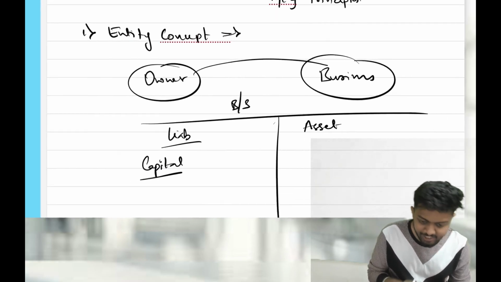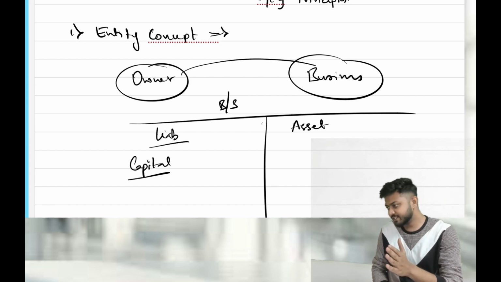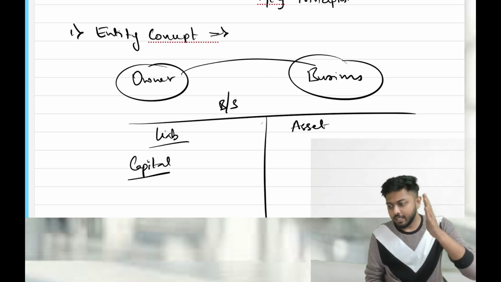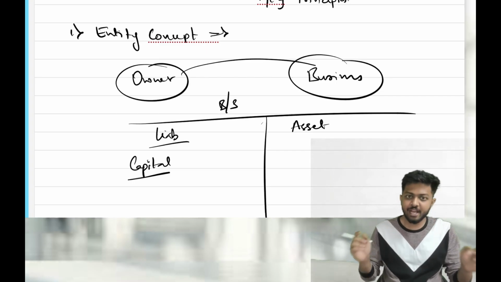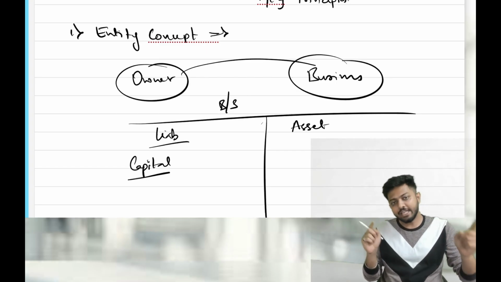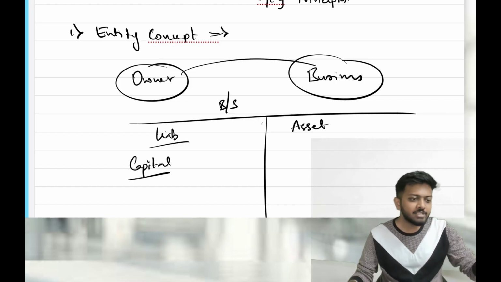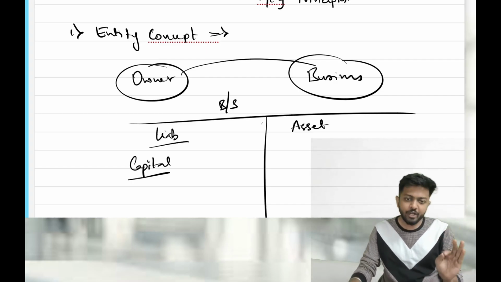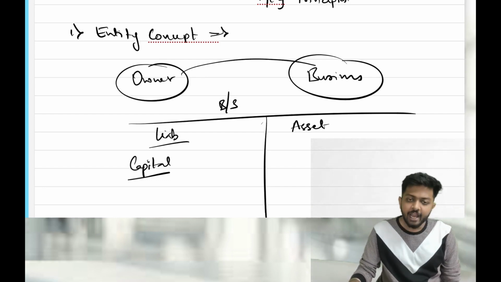So yeah, first concept that we had read is entity concept. What is entity concept? Entity concept means, for the purpose of accounting, we treat the entity and the owner as two different people. That means even if there is any transaction happening between entity and the owner, that also will be recorded in the books of accounts. Generally, when you see sole proprietorship, all of us think that business and owner is one single person, correct? No, but for the purpose of accounting, you have to treat the owner and the entity as two different persons as per the entity concept.